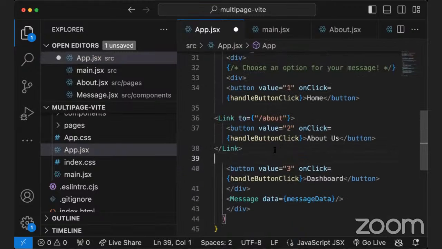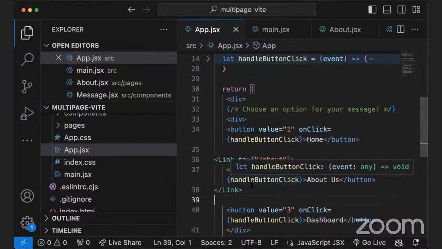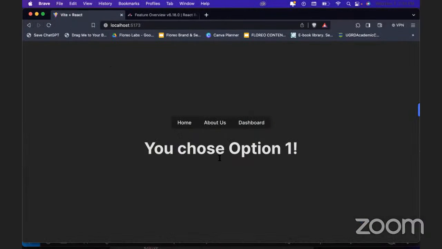But let's take a look at what happens when we save this and go back to our code, right? So going back to our app now, I'm going to just refresh. Choose a page. We have home, about us, dashboard. All of this still looks the same. And clearly, these are still buttons. Nothing visually has changed. But now, if I hover over about us,